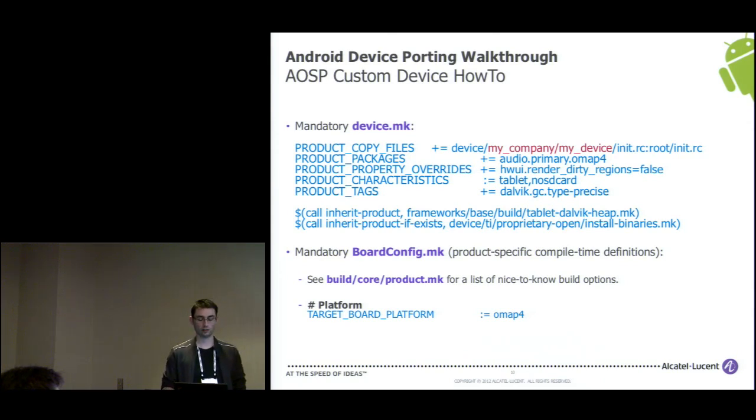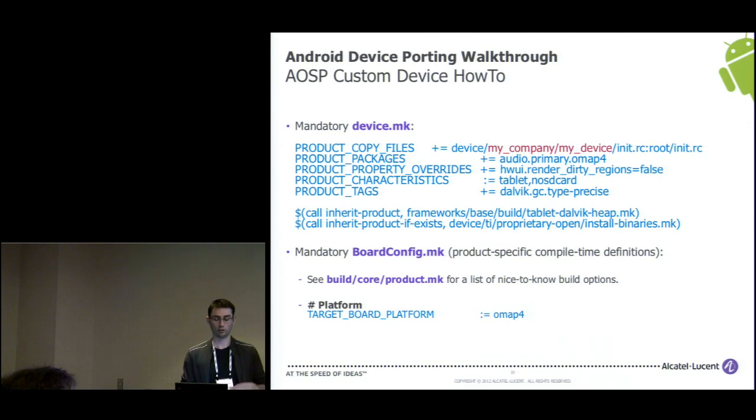One good file that you may have to check is the build/core/product.mk makefile. This is one top-level makefile that is included by all of these makefiles within the build system. Within this file, you may have a look and see most of the makefile variables that you may find. This is really useful because you do not have that much documentation and information within AOSP otherwise. So just have a look at this file.